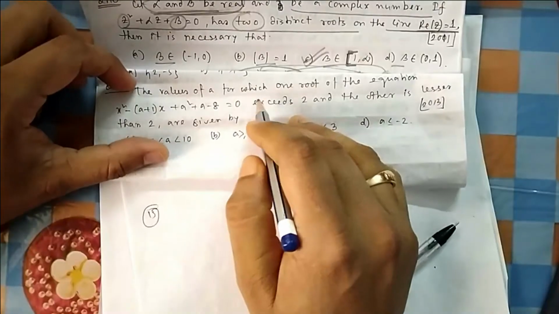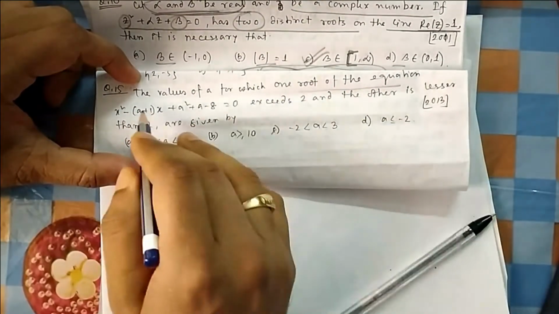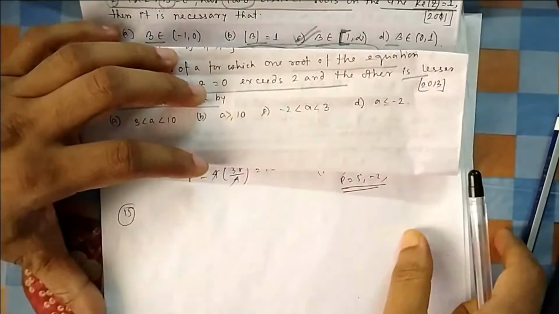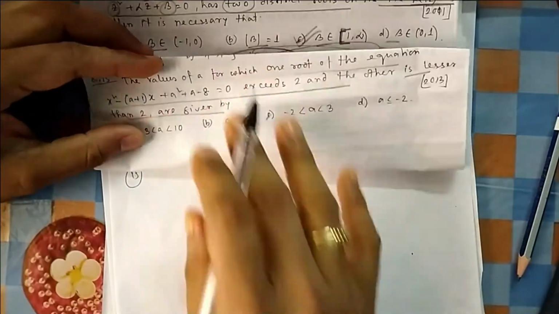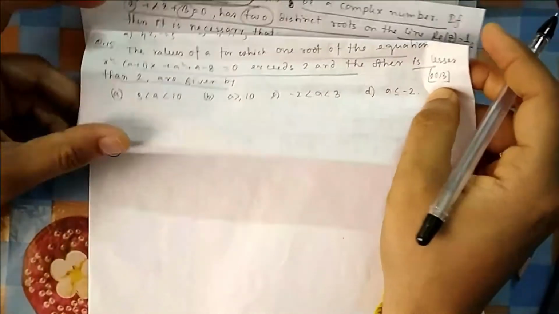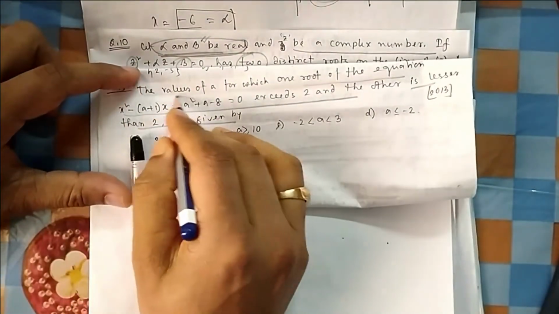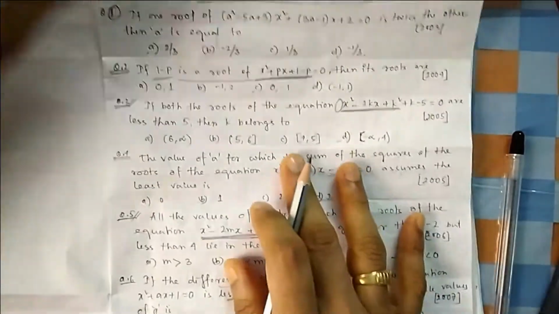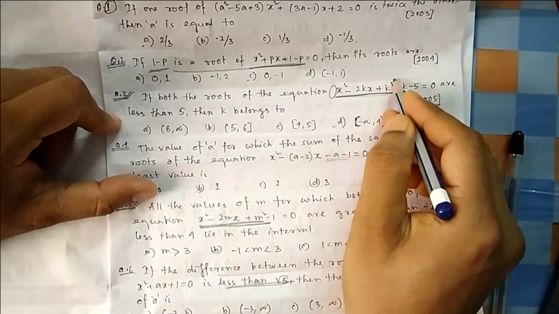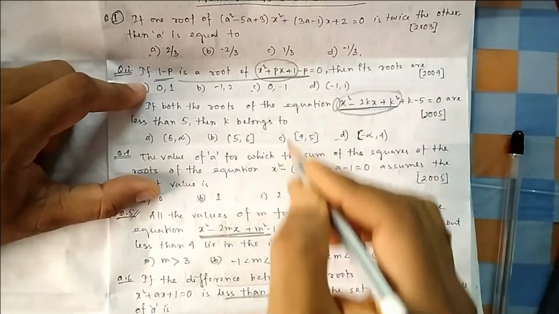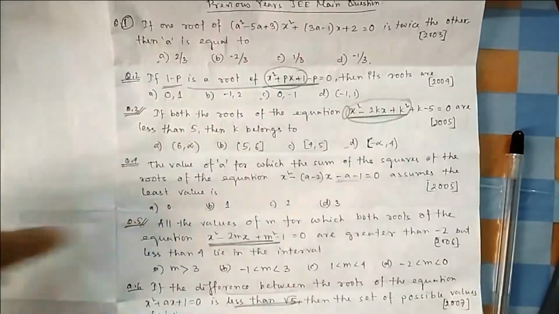You got the answer. The values of a for which one root of the equation exceeds 2 and the other is lesser than 2. Okay, the locations of the roots, the famous locations of the roots we have discussed in theory. Now you see here, in the earlier locations of the roots it was easy for us to calculate x, but here you cannot calculate x. In the earlier questions, you can see this question number, this was also a question of roots, x square minus, but here it was easy, it was a minus b whole square, you can easily calculate it. Here also it was easy, it was x plus 1 whole square. So you can easily calculate x and you can easily find the value of k.